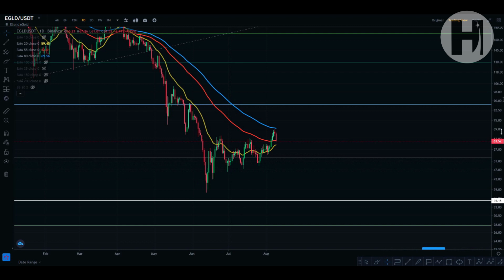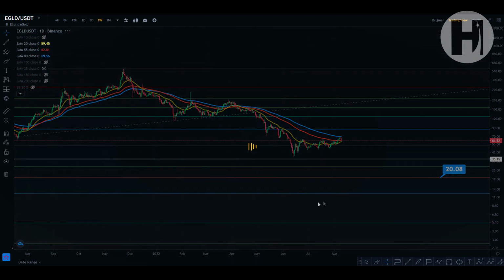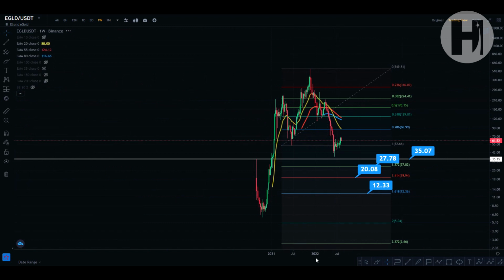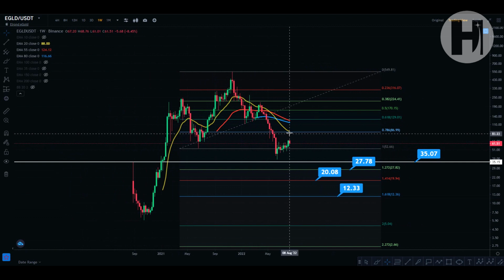So yeah, let's zoom out a little bit here and let's actually switch over to the weekly chart and see what we have over here. So on the weekly chart, as you can see, we're approaching the 20 EMA here at $86, $87, which is a very important resistance level. But what I do want to show you as well is that you can see that you do have a